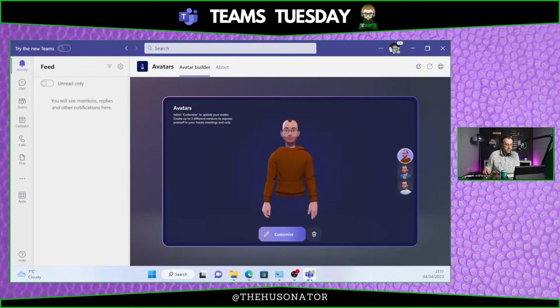So if I jump across to the Teams application, I've made an avatar. It looks nothing like me. It's a lot thinner than me. I'm going to say it's got less hair. It's got less hair in terms of volume, but maybe more in terms of thickness. But you can see here, if I flick through my three avatars,